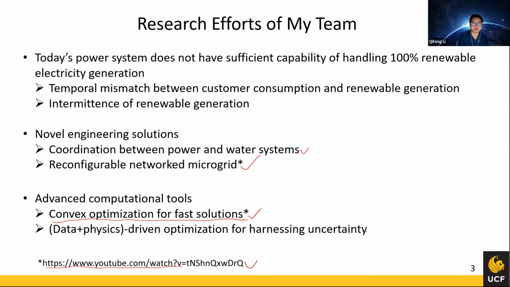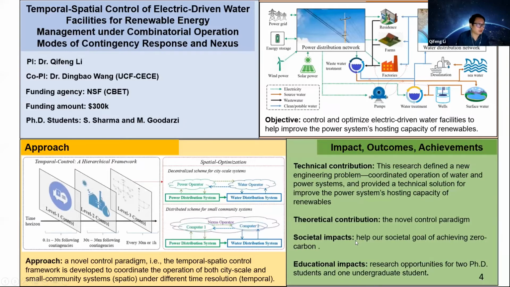And today I will focus on these aspects, namely the data physical driven optimization for harnessing the uncertainty. So in terms of the energy water nexus, it is an NSF funded project. Water and power systems operate separately, but they have very strong connection. On one hand, the water system cannot operate without electricity, because there are a lot of electricity treatment water facilities, and